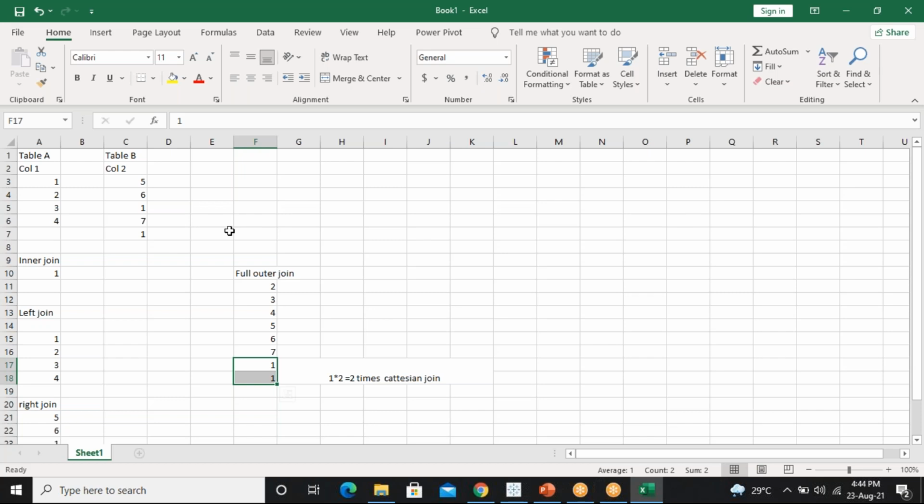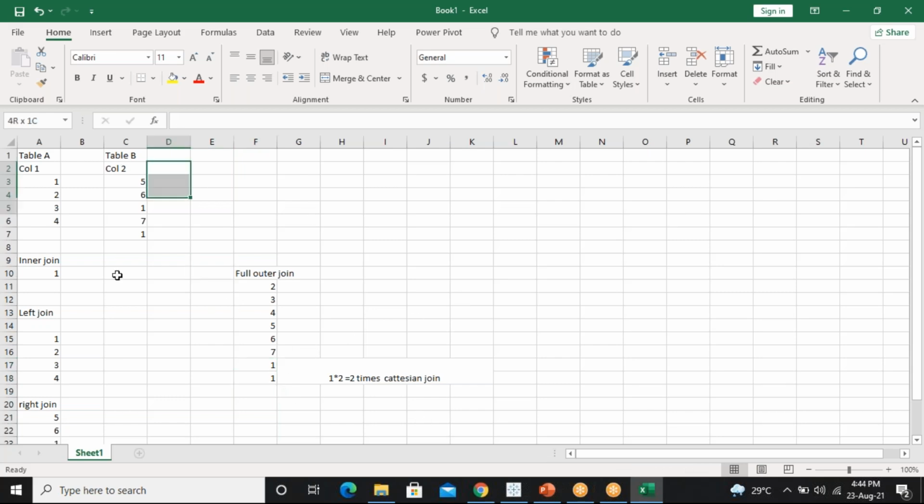So it is repeated 2 times because it can be called a Cartesian join and cross connections. What are cross connections, and what are join and union? All that I will tell you in the practicals.